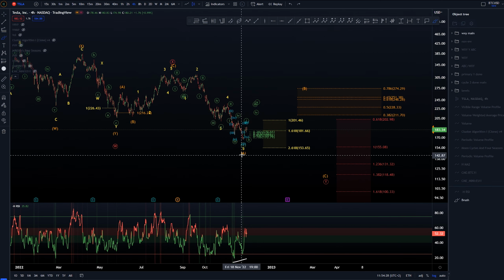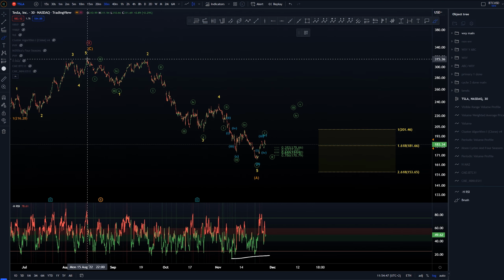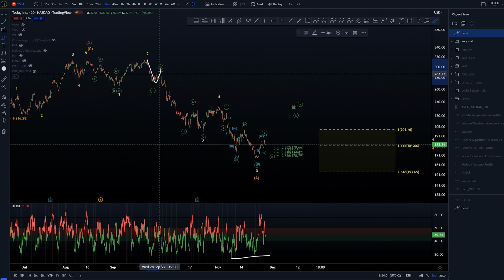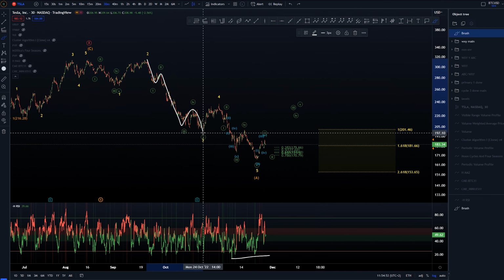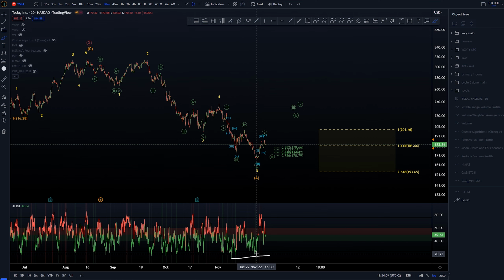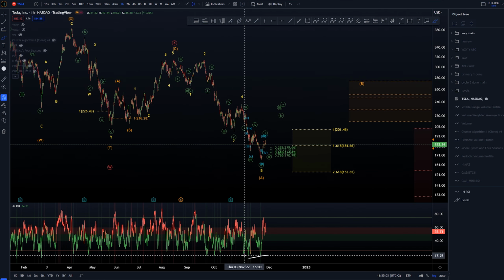Again, looking for that B wave. At the moment, if we look at this more closely, this A wave, we can see that we have a potential 5 waves completed now. 1, 2, and then 1, 2, 3, 4, 5 into third, fourth, and then again 1, 2, 3, 4, and 5. We do have divergences from the third against the fifth, and on higher time frame we should have had